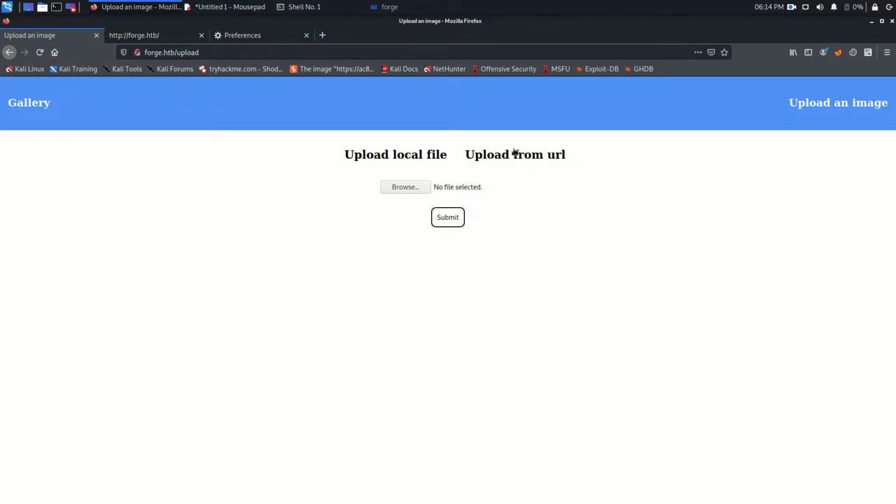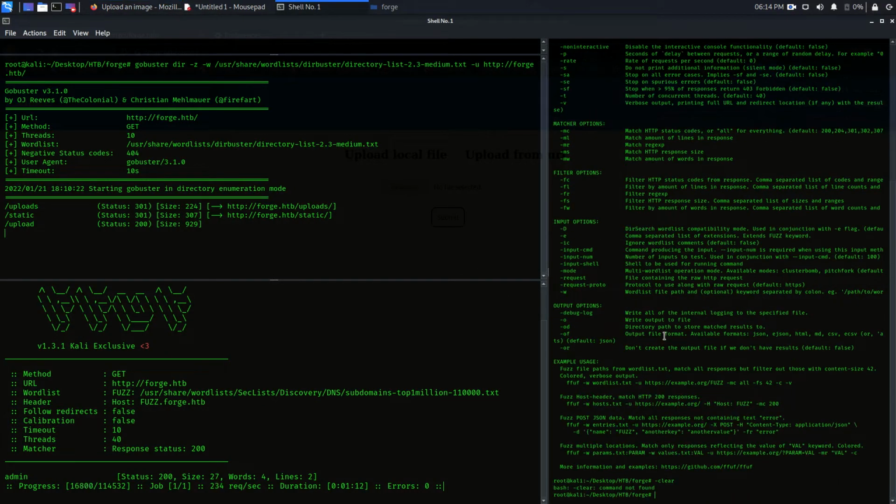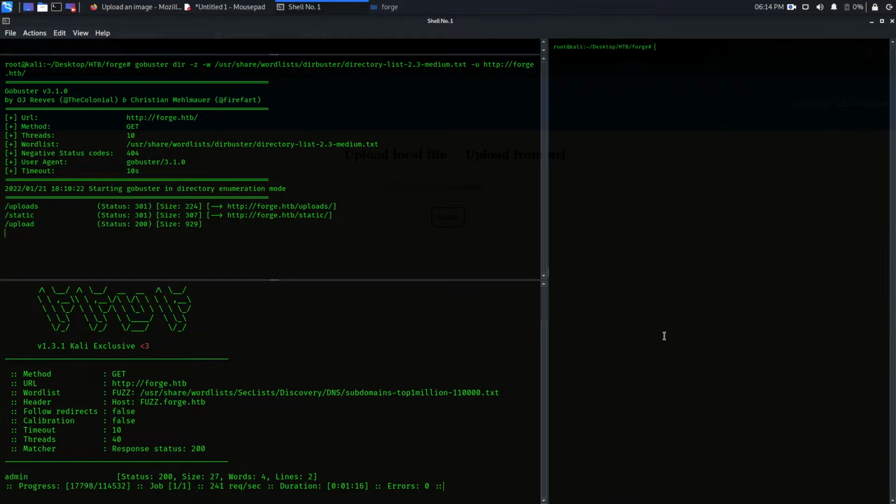Whenever I see this kind of feature which can process your request with a URL, the first thing I do is